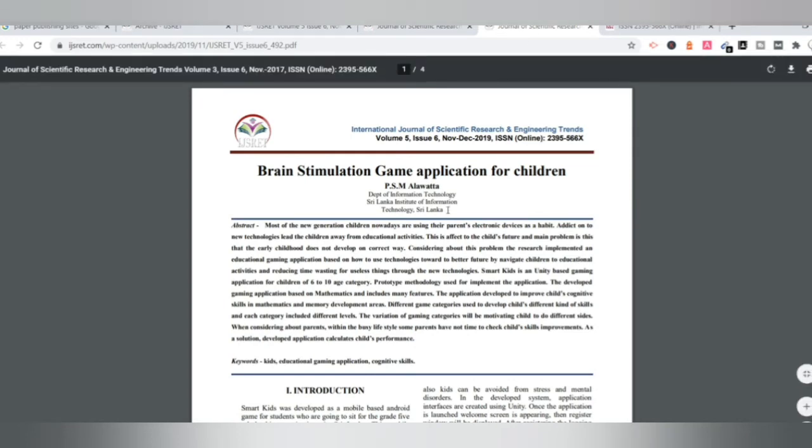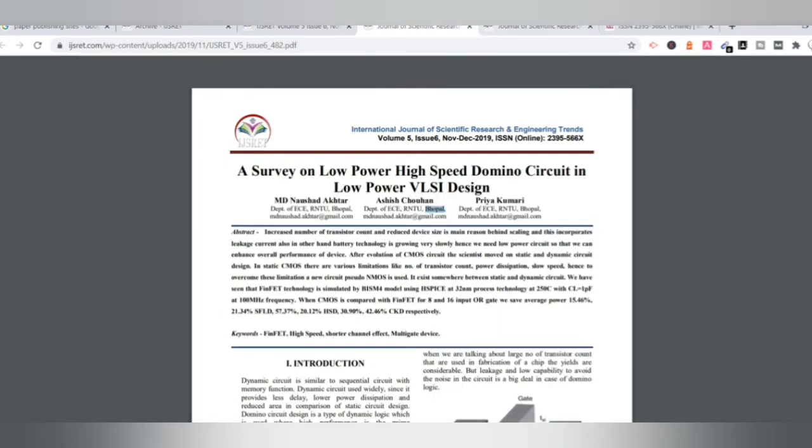Yeah, this paper is from Sri Lanka. So it shows that yes, people from different countries are publishing on this portal.